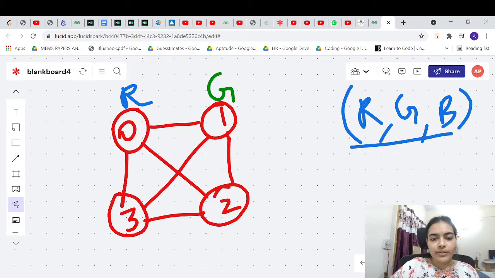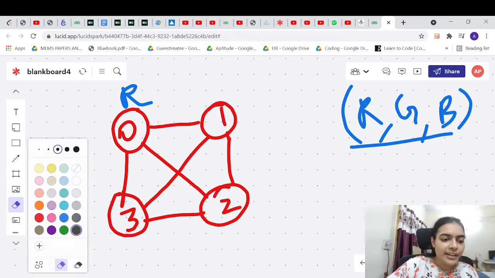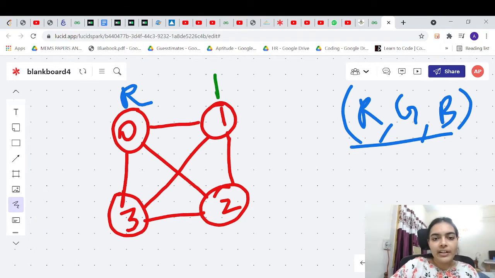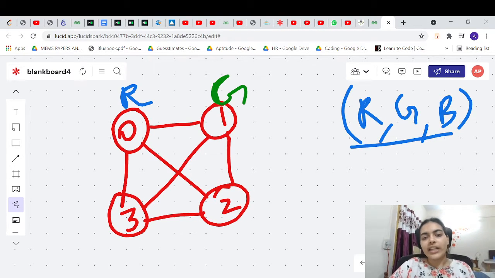So you will see if you can change the color of this. In this case, the color of this was blue, right? We'll try to change it, but we can't change the color of this anymore after blue. We have tried all the colors, red, green, blue. So we'll backtrack again here, and we'll try to give it blue, because here initially we had green, right?